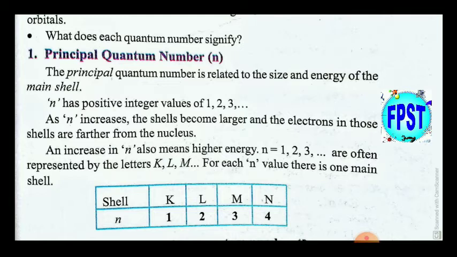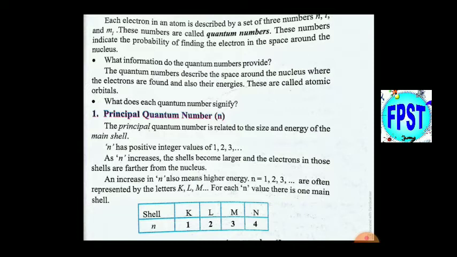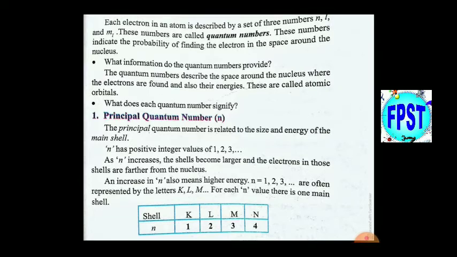The second shell, L shell, is with the next level of energy with the increased size. The third shell M is bigger than these two K and L shell with the higher energy level than these two. For the fourth shell, the size and energy are more than these three. Means the principal quantum number gives the information about the energy level and size of the orbit in which the electron is revolving around the nucleus.